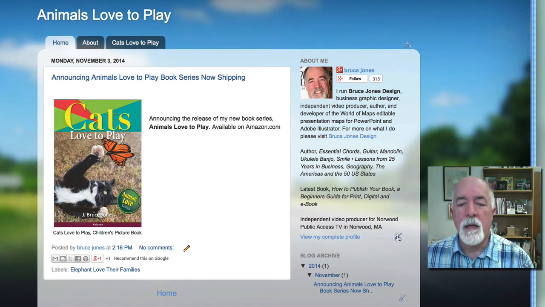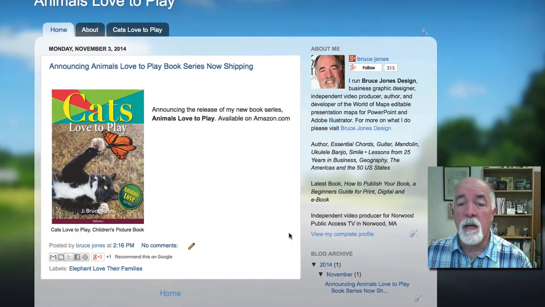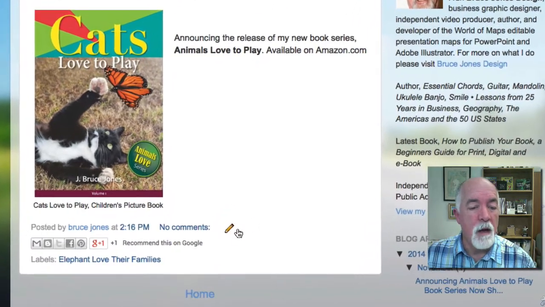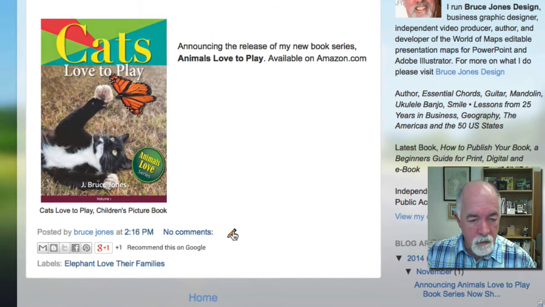That tells you you can edit. So if you put your mouse over it, you'll see a little edit box shows up. You can go in there and customize it, same as on a blog post. While you're still live in your account, your blog post will have a little pencil and you can edit that post. So if I clicked on edit post,